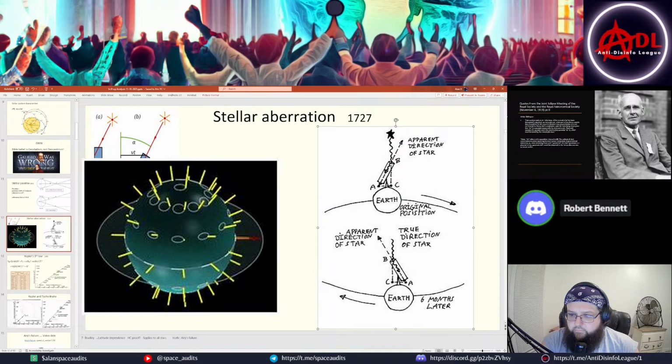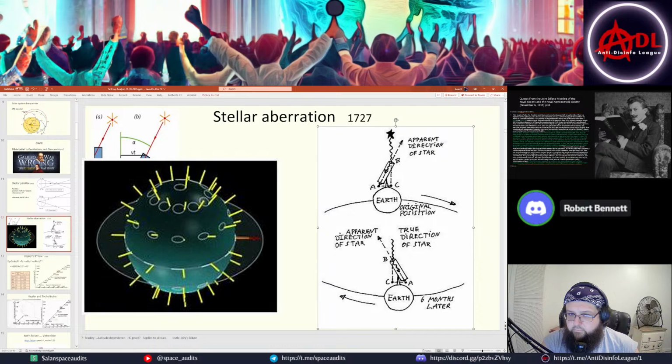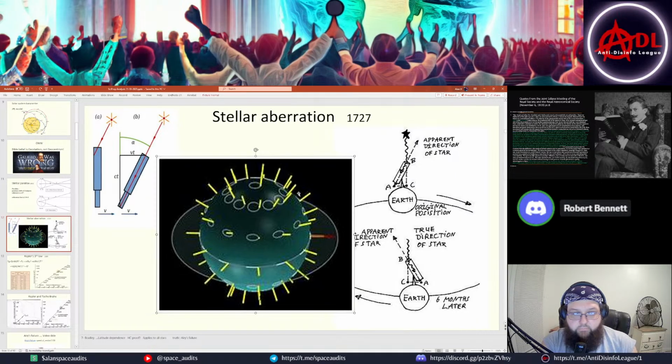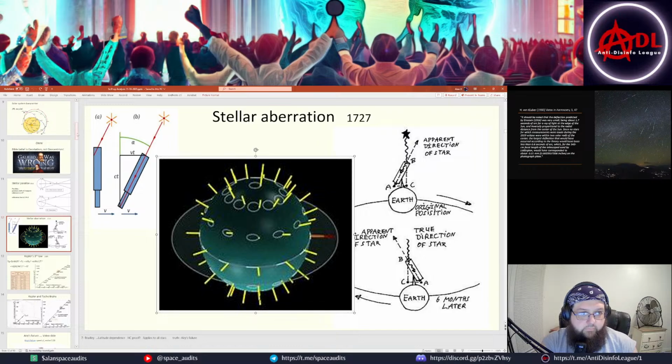So that's their explanation of why the telescope has to be corrected. Why stellar aberration? Now, what we showed in the slides that follow is that Airy's failure shows that, number one,